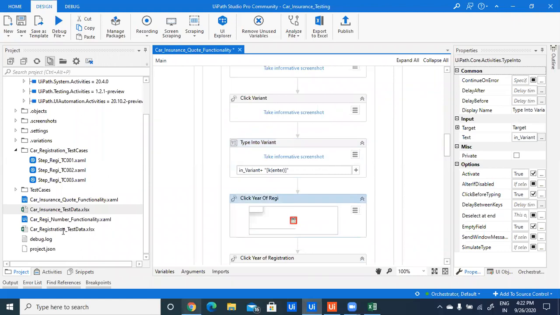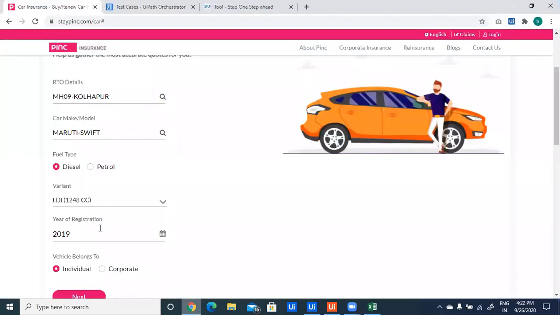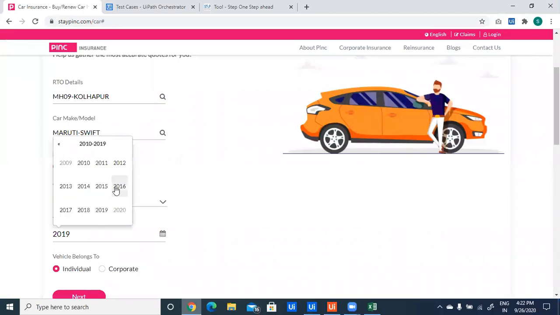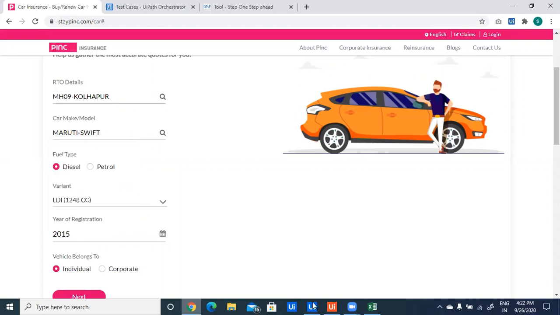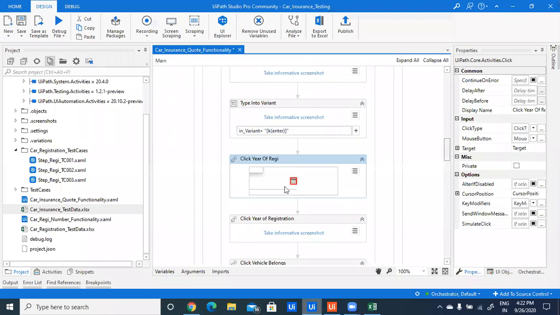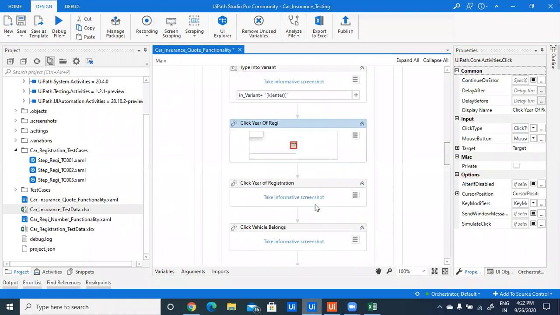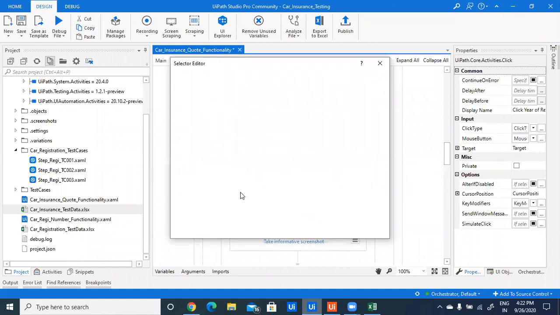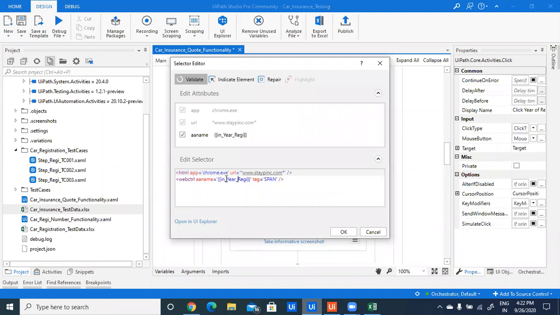Then I want to select the year of registration. Just click on this and select the year of registration. This also reads the data from the Excel sheet. I have clicked on the date picker and then the year of registration. In the selectors, I have passed the Excel sheet value using a dynamic mechanism.